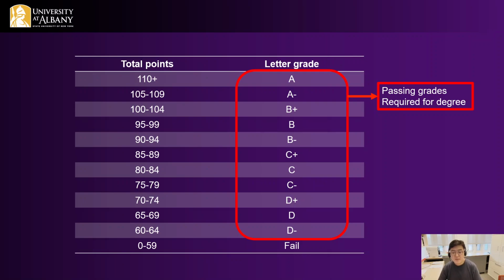But still, last year there were 2 students who got F in this course. So do not underestimate the cumulative amount of work throughout the semester. Okay,